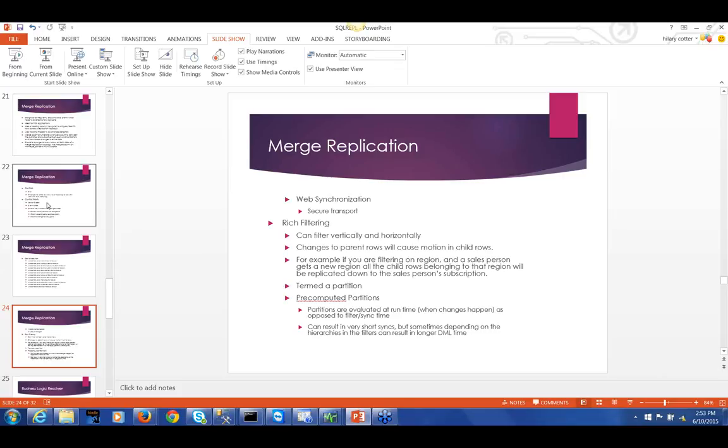And I can also configure it so that if I make a change to a parent row, all the related child rows will also be in motion. We call this a partition. For example, if I have a salesman, and a salesman